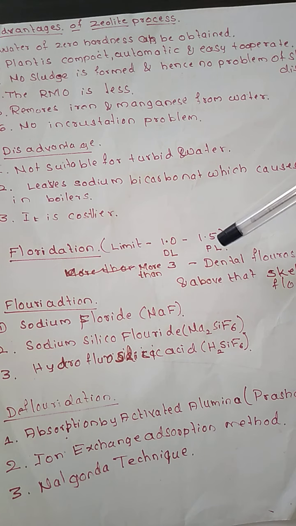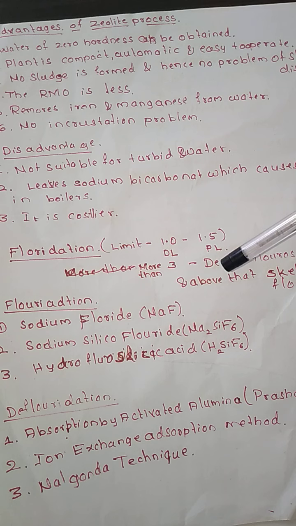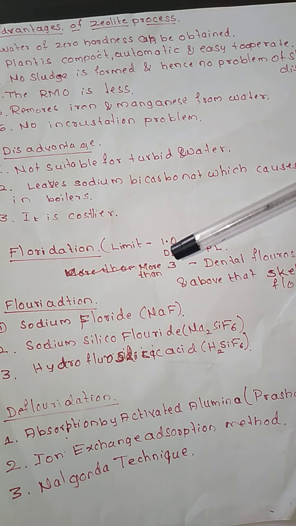on the teeth. And if it is between 5 mg to 20 mg per liter, it is going to cause skeletal fluorosis, that is, the bones will not grow properly. So fluoride is very important in order to have stronger teeth and bones, but if it exceeds the limit, it is going to create a problem to our health, which we have discussed in the previous classes. Okay, now how to add the fluoride.